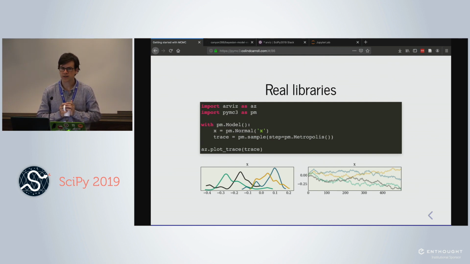So here's what a real library does. PyMC and Stan both do their best not to let you do a bad job. So I cut off all the options that I had to put in here. I had to tell it not to do any tuning to pick the right step size. I had to tell it to use a very small step to do a bad job with Metropolis. I had to tell it to use Metropolis because Metropolis-Hastings is not a great sampler to use. But once you do all that,